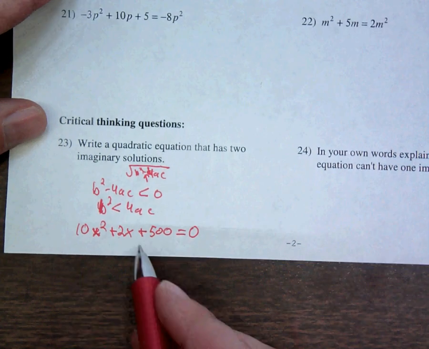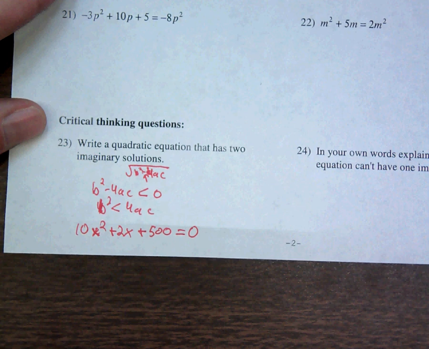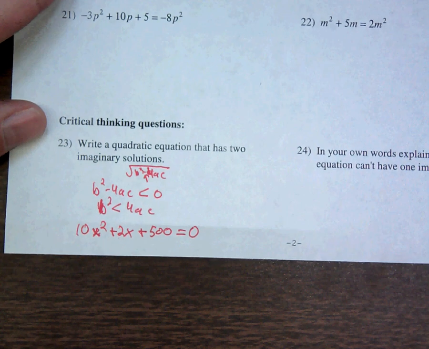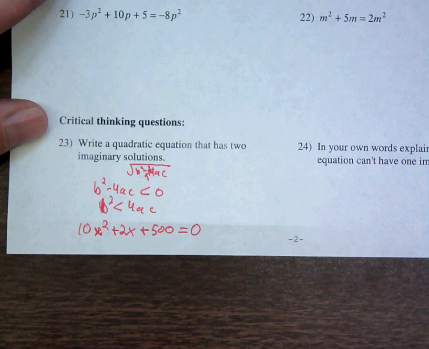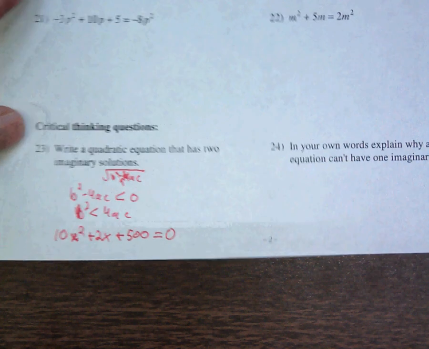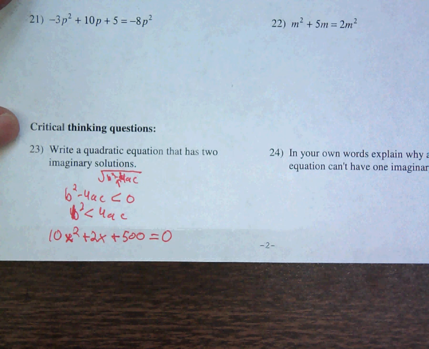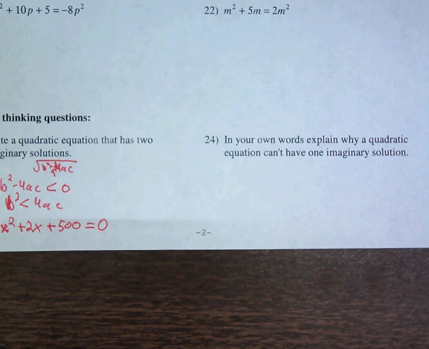You better not use my example. If you use my example, you should expect to get a 0 on your homework. You should understand how this works and make sure you get your own quadratic equation with two imaginary solutions. Also, make sure you end up getting number 24. Again, the solution's contained somewhere in this video. I hope